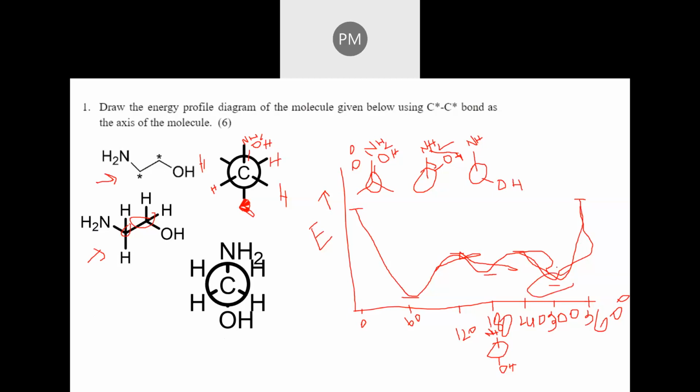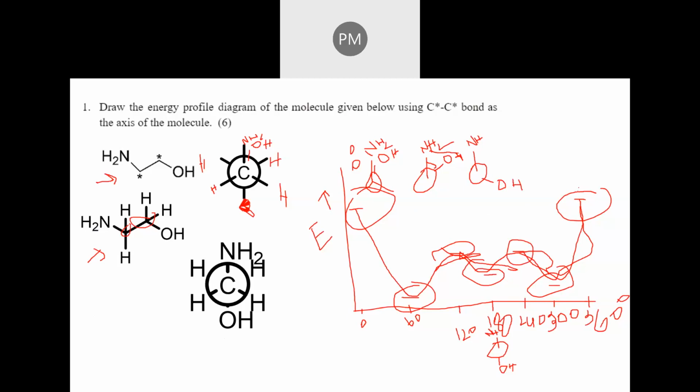So this conformation, the gauche conformation, is more stable. This one is the anti conformation. These are eclipsed conformations, the least stable, and these are also eclipsed, but in these two cases the NH2 and OH are far apart. So this conformation is less stable than the anti conformation and more stable than our original eclipsed conformation, where the dihedral angle is